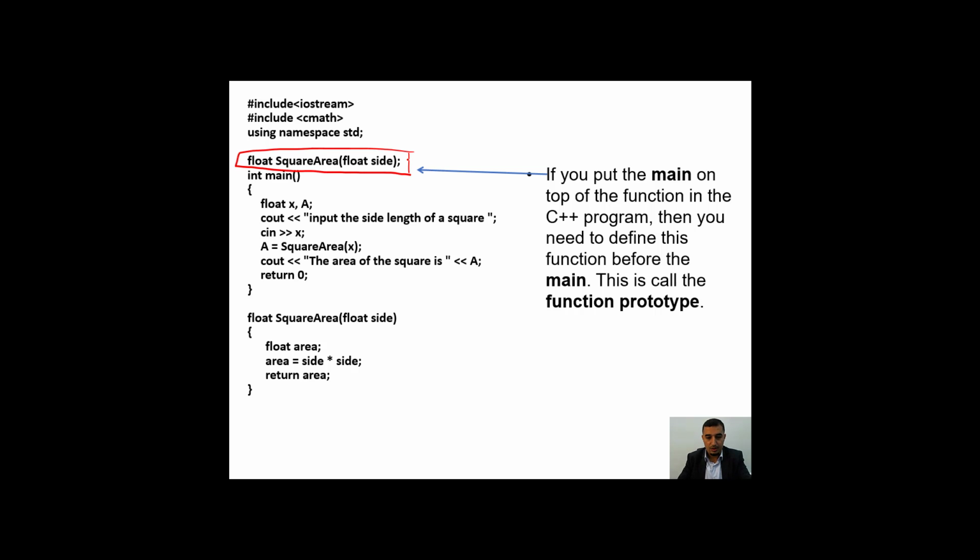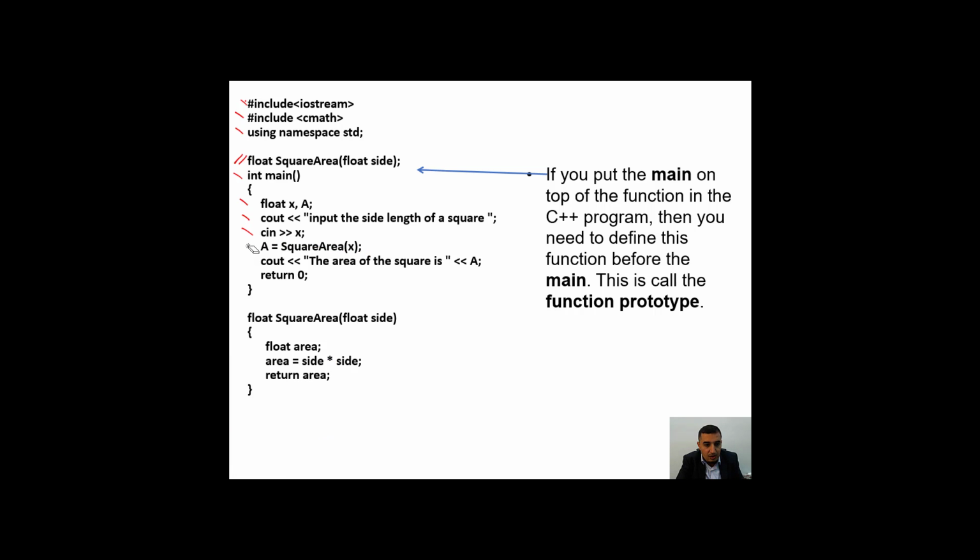And in order to appreciate the function prototype, if we do not put a function prototype, this program will not work. Remember, C++ operates in sequence, meaning if the function prototype was not here, it will go #include <iostream>, #include <cmath>, using namespace std. I'm assuming this is not here, int main, float A, cout, cin. Then we will reach